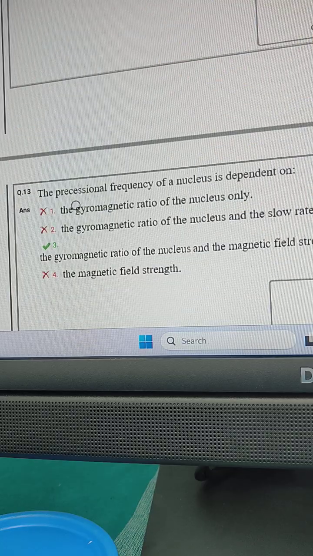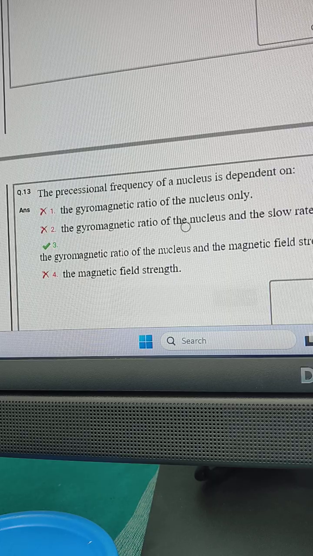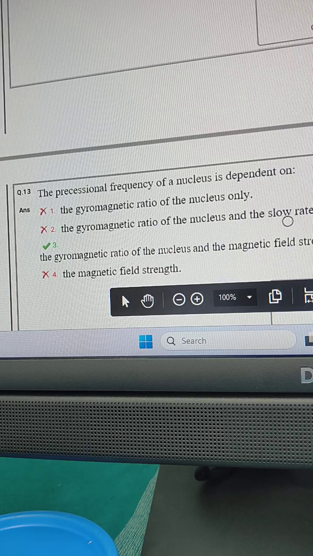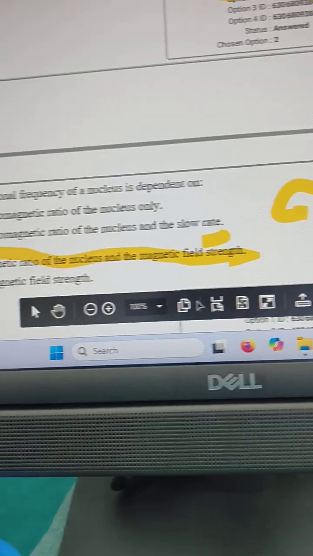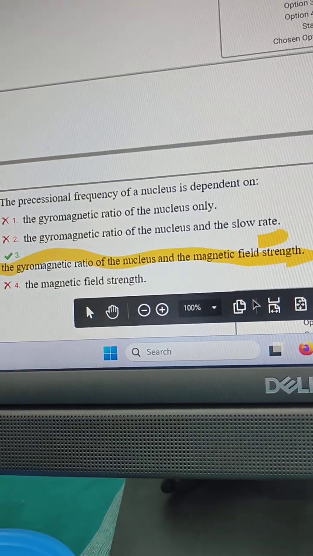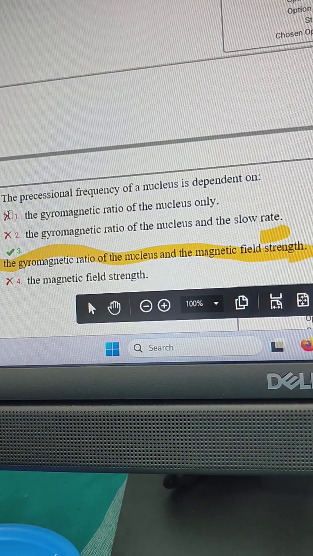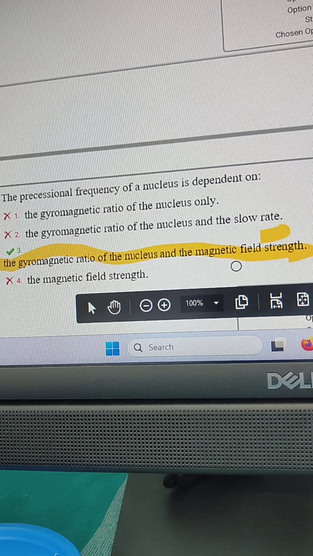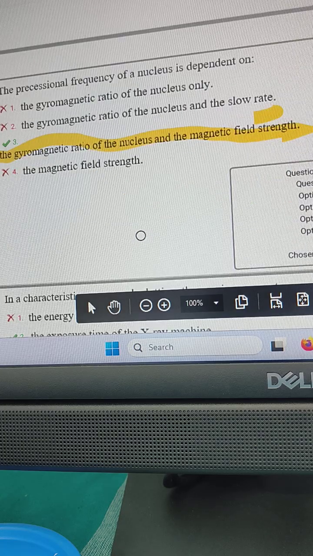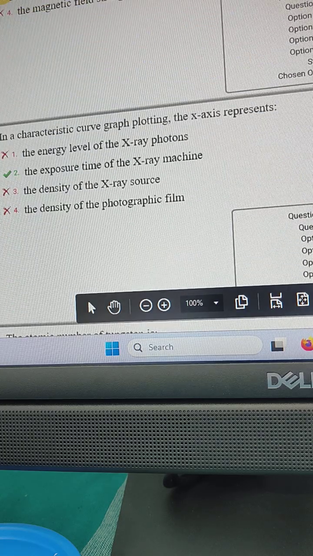Question number 13: the precessional frequency of a nucleus depends on the gyromagnetic ratio of the nucleus and the magnetic field strength. So the correct answer is C. Question number 13, the correct answer is the gyromagnetic ratio of the nucleus and the magnetic field strength. Then question number 14,